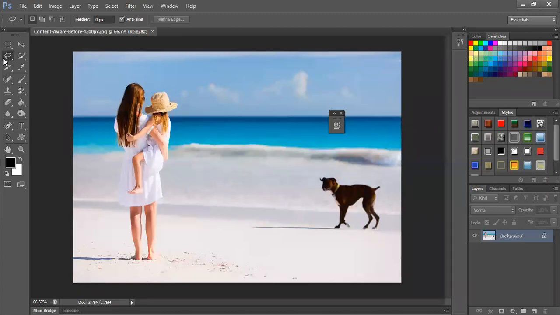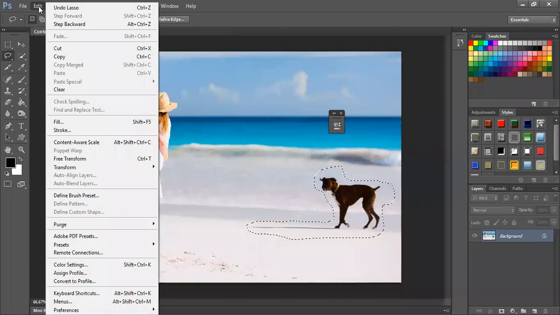Basically, suppose you want to remove a certain part. If I want to remove a certain part of the image, I'll select the area which I need to remove. Suppose, for example, I don't require this dog. So I'll select the dog from here, with the shadow, because these small minute details play an important role. I've selected the entire dog image, and I will go to the edit option up here.